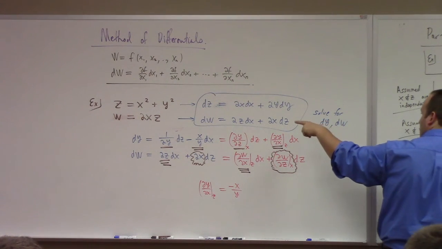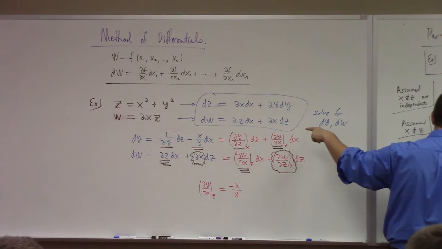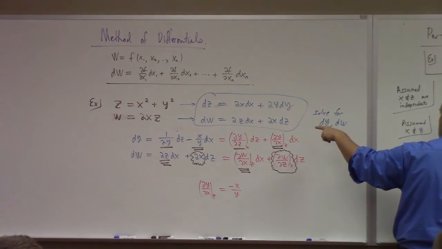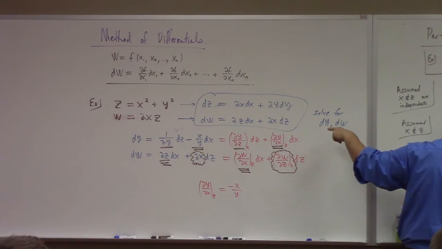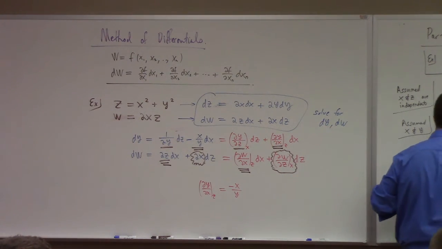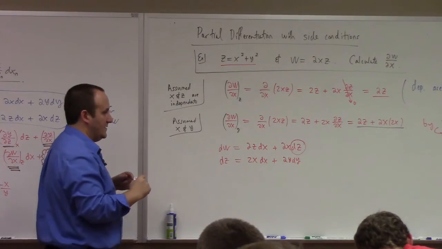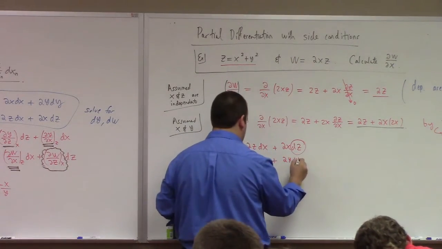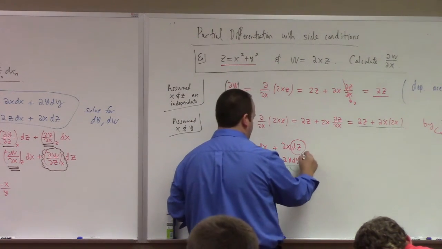And then the dw is what? It's 2z dx plus 2x dz, right? Now that I'm not allowed. I have to convert that. I can do it by substitution, though. I just take this, right? And I plug it up in there, and this gives me